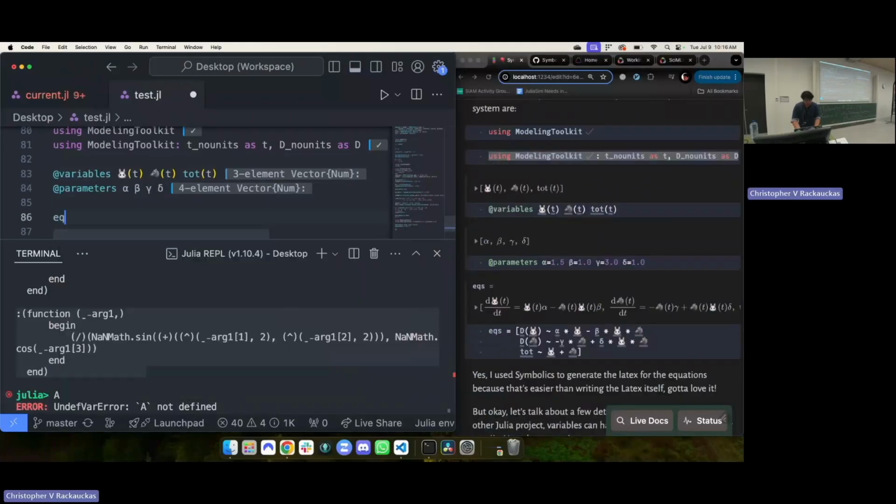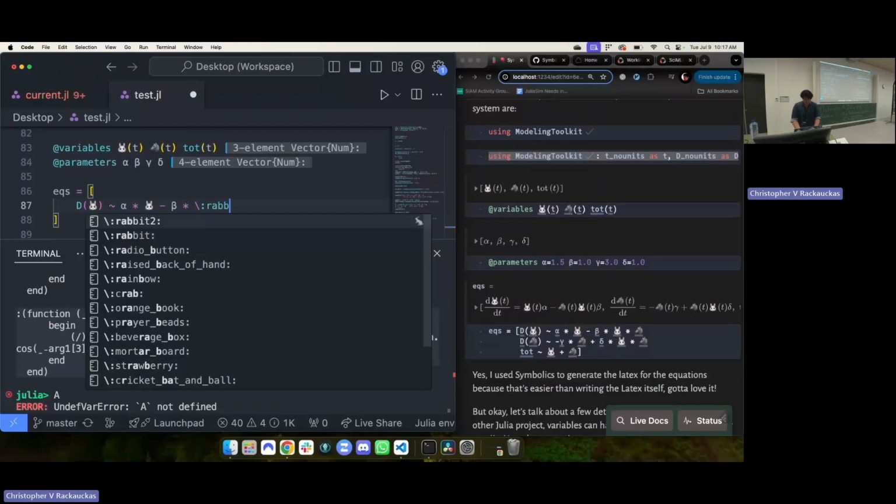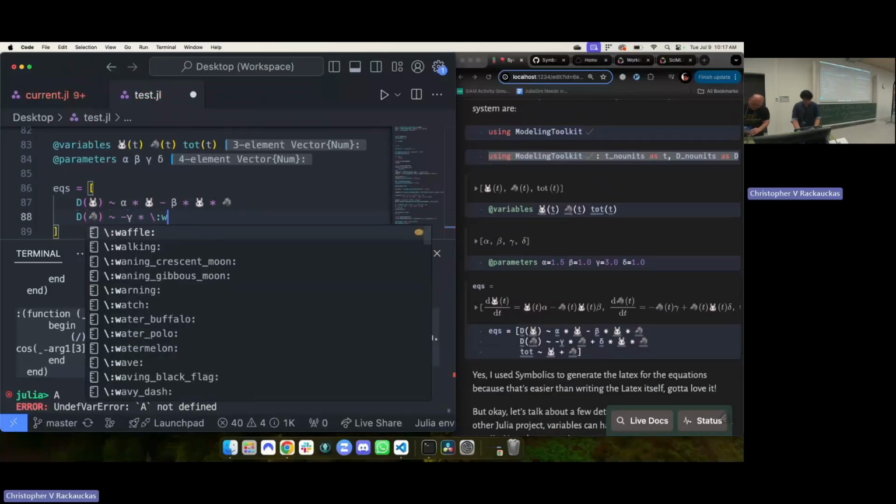And now let's write down our equations, right? So our equations are going to be, d of rabbit, right? So again, this is the differential operator. So d rabbit dt is equal to alpha times rabbit, minus beta times rabbit times wolf. I'm just going to write down the Lotka-Volterra equations here. And then our other equation is d wolf dt is equal to minus gamma times wolf,